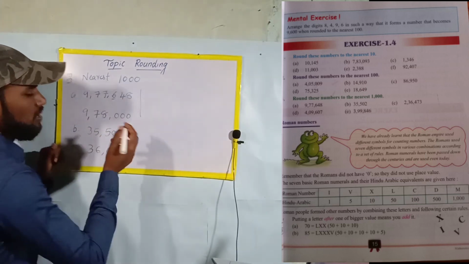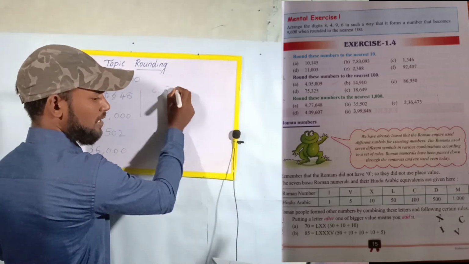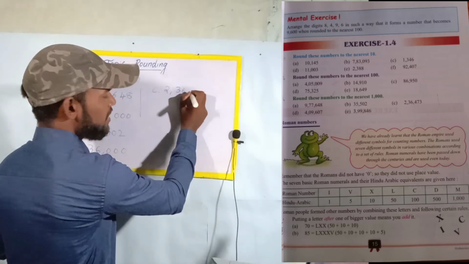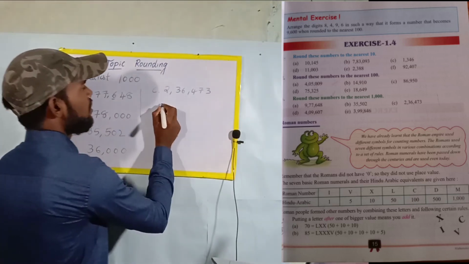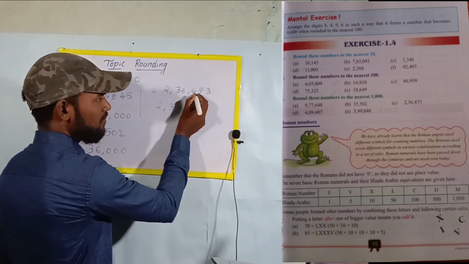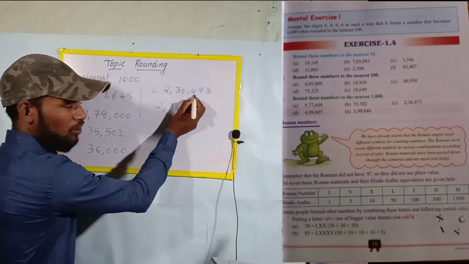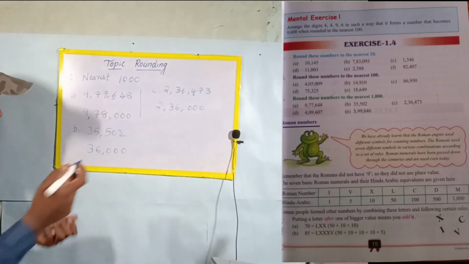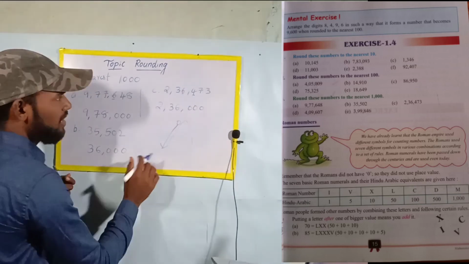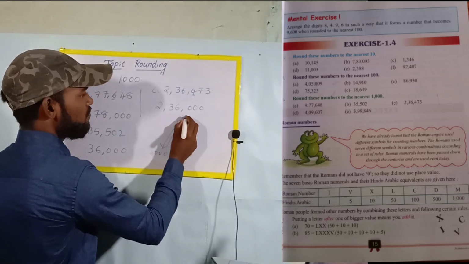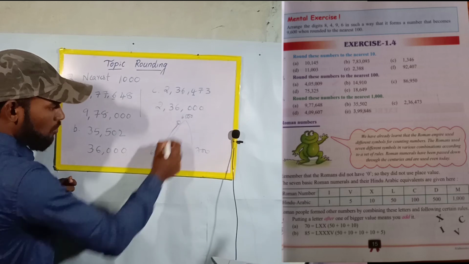Okay. Now next one. What is the next question given? C bit. 2,36,473 is given. Now we have to round off to the nearest thousands. 2,36,400 is there. 36,000 is our rounding off number. Because after 6, which number is there? 4 is there. 4 means roll down, roll back. Okay, the slope. What is given here? 6,000 is given here. 6,500 is given here. Here 7,000 is given. But the ball is here. So it will move towards 6,000.